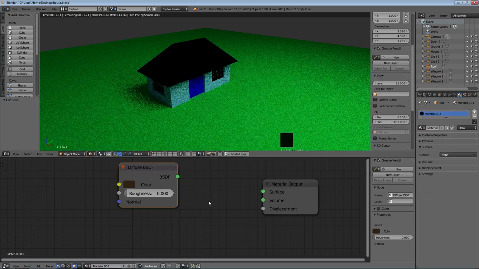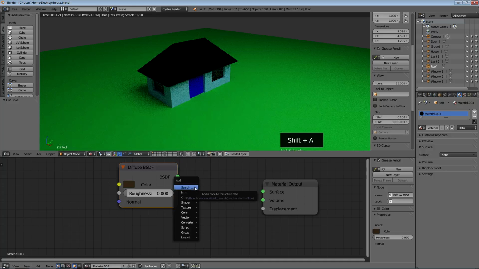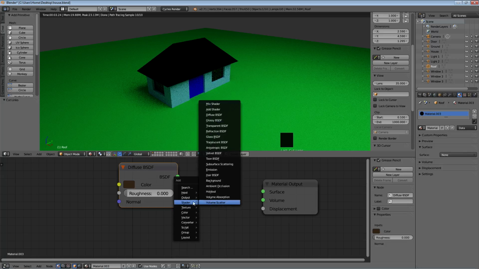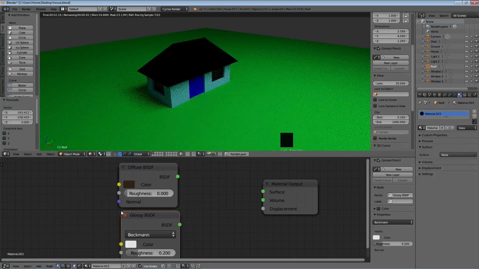I'm going to hit Shift A to add a node, and this is with the mouse in the node editor. I'm going to find the, where is it? Shader, and I want to add a glossy shader, and I'm going to just drag that down here,